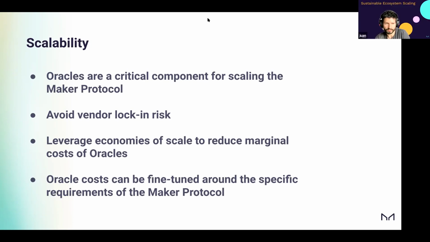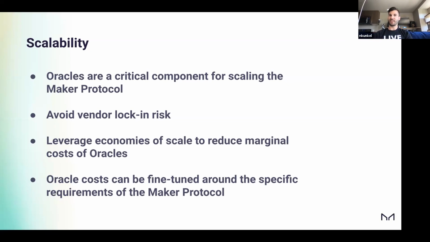Nick, I'm not sure if you're touching upon this topic later, like selling the Oracle services to other protocols, maybe. And if that's the case, it's a bit the opposite question, right? When do you decide that serving another project makes sense from the economic point of view? And then how many changes do you need to make to your own Oracle set to do that? Yeah, exactly. And I'm definitely going to be touching on that later in the presentation. So hold that thought, and I'll definitely be answering that.